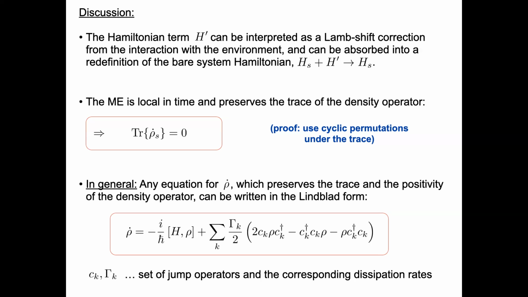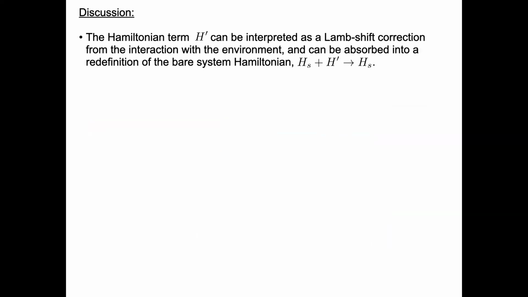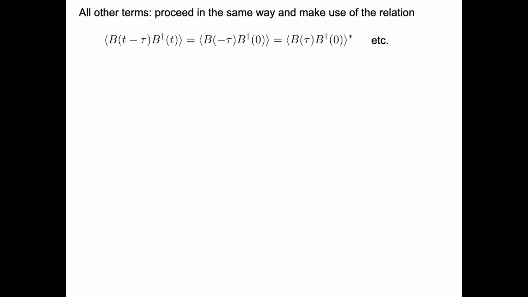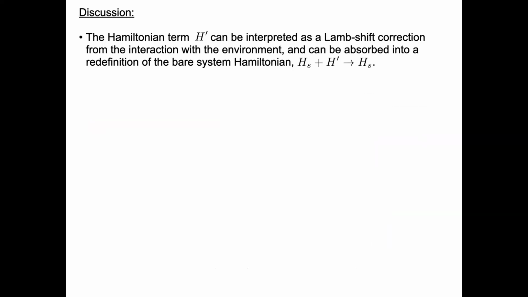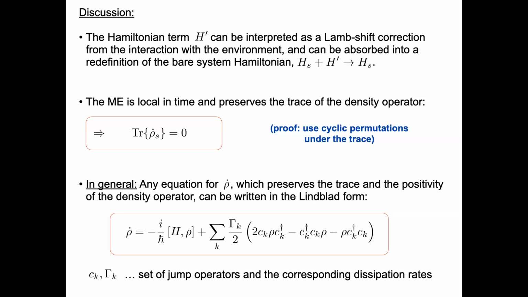You can also interpret this form now. Before, we coupled to a thermal reservoir where there was this minus term and the plus term, and you can simply associate two different rates, A minus and A plus, and two different jump operators. One is the jump operator C, in the other case it's C dagger. So it's right away included in this definition.